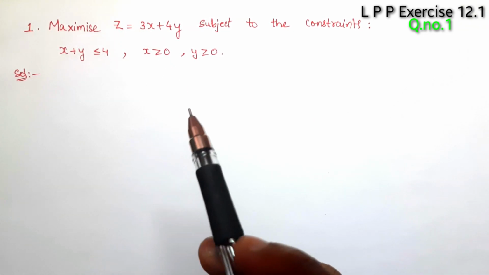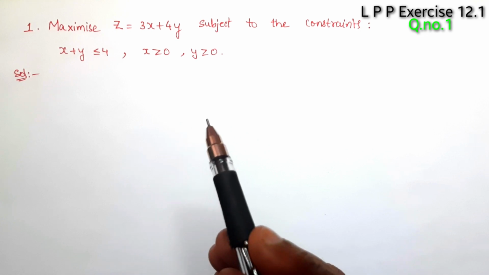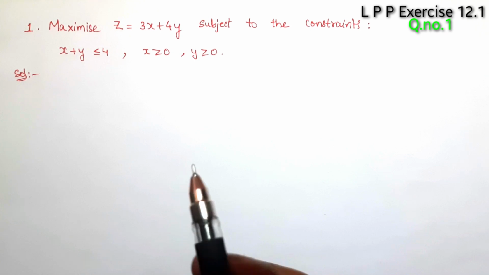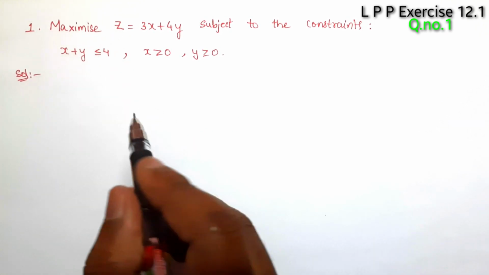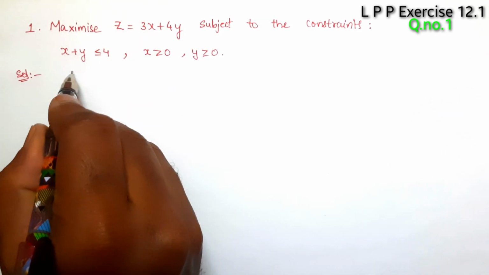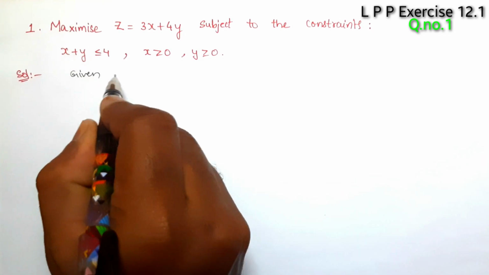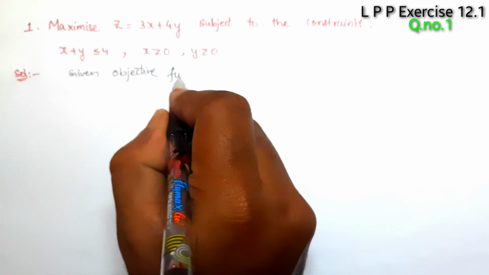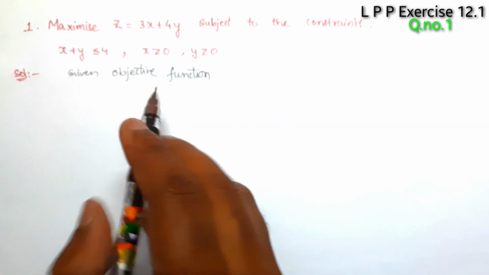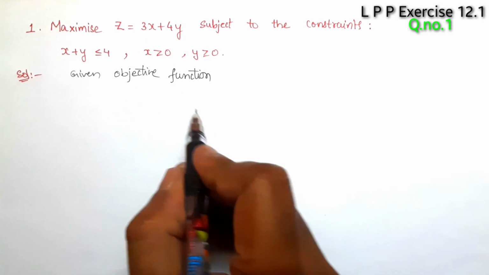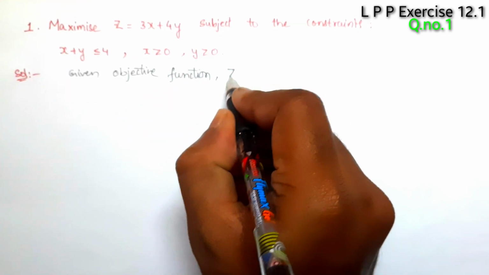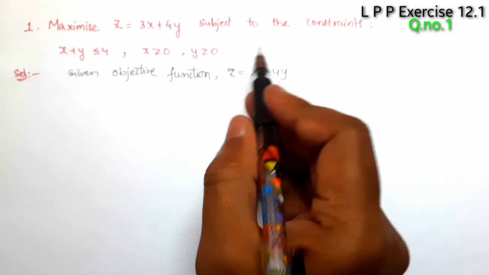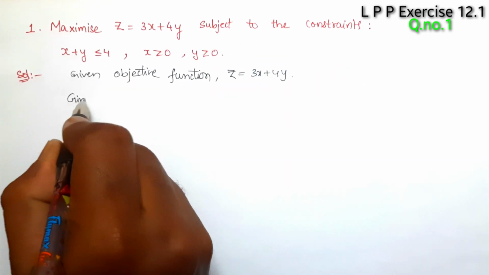This is a very basic problem, and you can identify that it is related to a bounded region. For these types of problems, we first consider the given objective function. Whatever they give as the z equation, only that we consider as the objective function. So the given objective function is z = 3x + 4y, and again we write the constraints. So the given constraints are